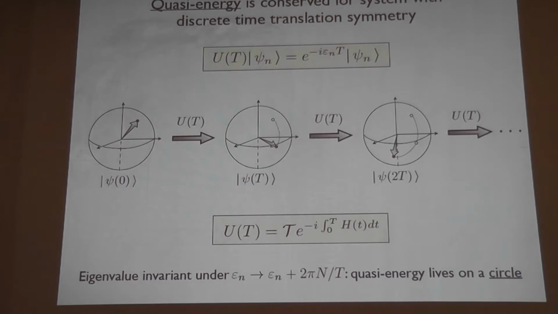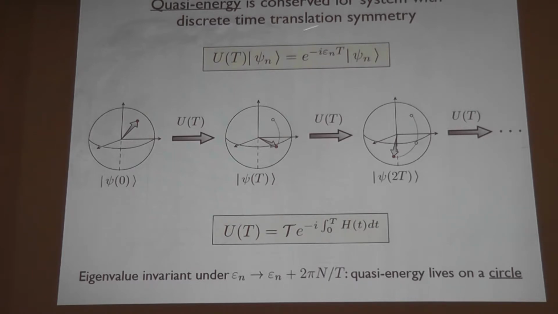And why do we spend so much time diagonalizing Hamiltonians for static systems? The point is that if I expand the evolution in the basis of its eigenvectors, the evolution is very simple. I just get some phases. So the same thing will apply here. If I expand the evolution in the eigenbasis of this U, it'll be very simple. Each eigenstate will just pick up some phase. It'll be very simple in that basis. Right, so I can look for such eigenstates of U, and their eigenvalues are unit modulus complex numbers,